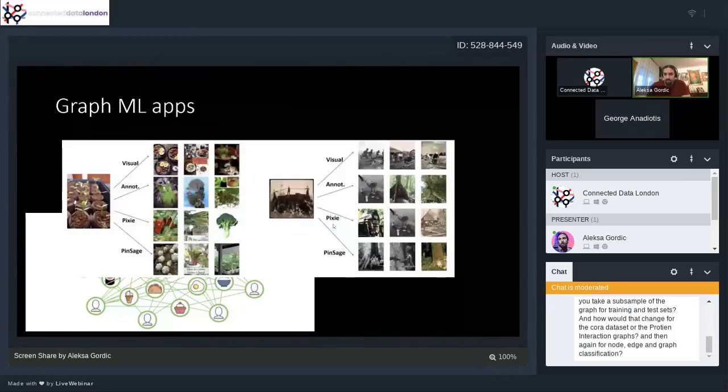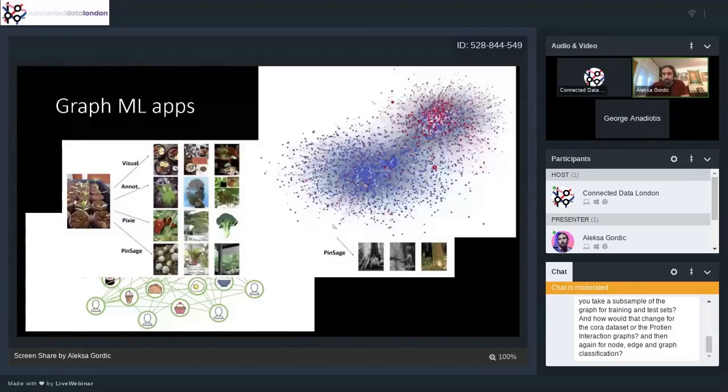Okay, and the third example here is a Twitter network. Basically, what they did here is node regression, whereby they associate a certain probability that a user in this Twitter network is likely to spread fake news. The red ones are users who are prone to spreading fake news. The blue ones don't spread fake news. The interesting fact about fake news is that the propagation pattern can be detected by looking at how it evolves over time.